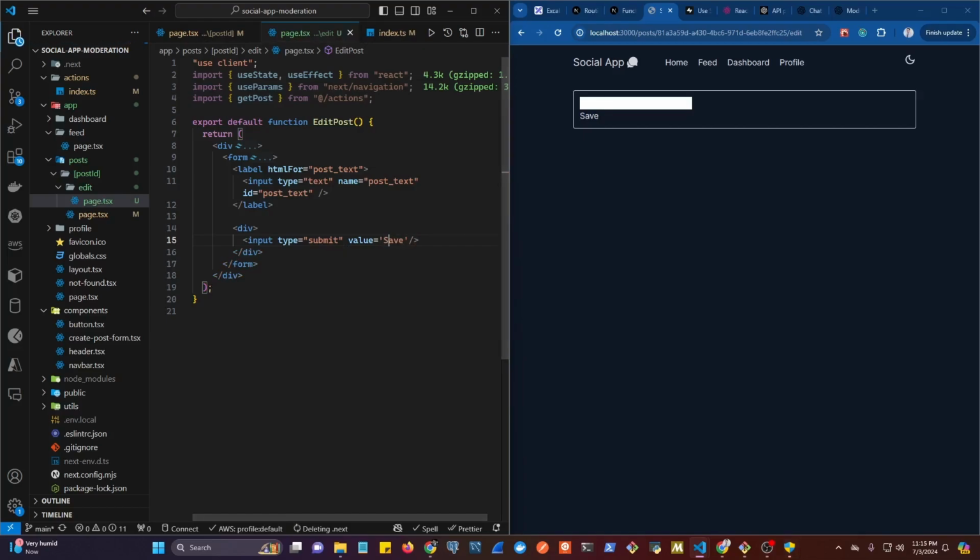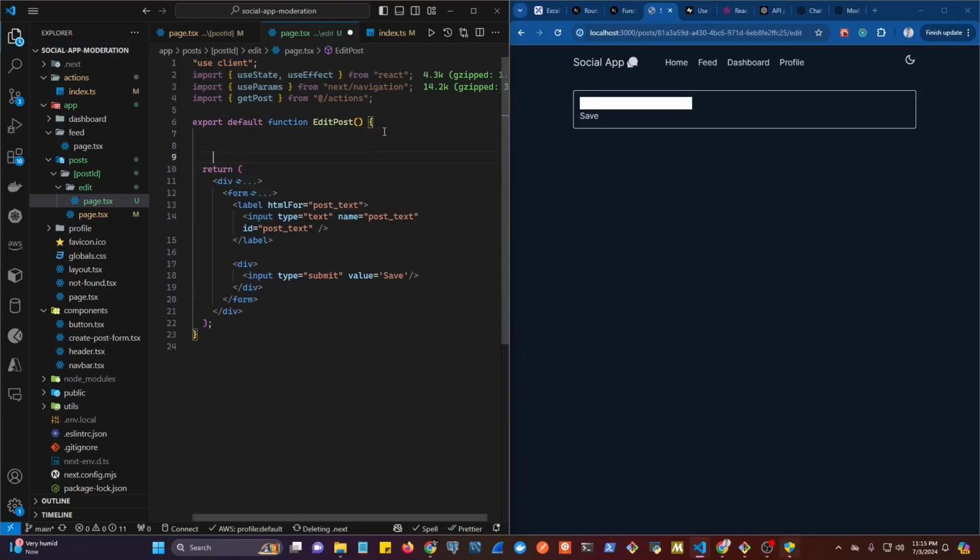Okay, let's work with the state that we're gonna need, and how we're gonna get the data in here as well. So we're going to grab the parameter. This is a client component, so we can use the useParams hook because this time we're inside of the client component. In the previous one we did